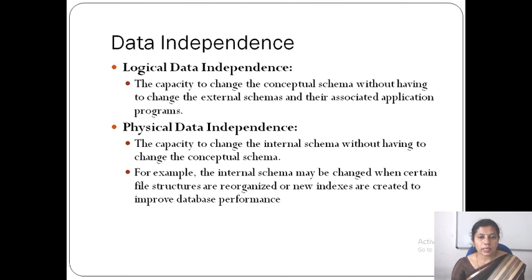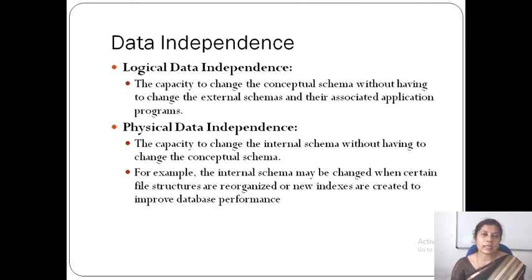What I am doing here is changing the representation or implementation, but the user will not get to know that. The application programmer will modify the existing schema; he may add something or represent the entities in a different way. He can show it in an ER diagram or in implementation. Suppose he wants to change the structure, then he can do it at the logical level, but it will not be reflected for the end user.